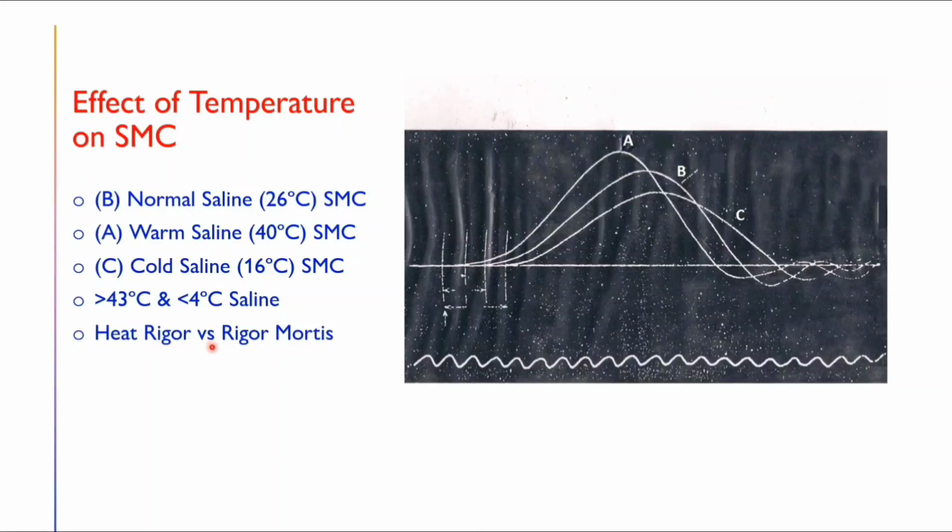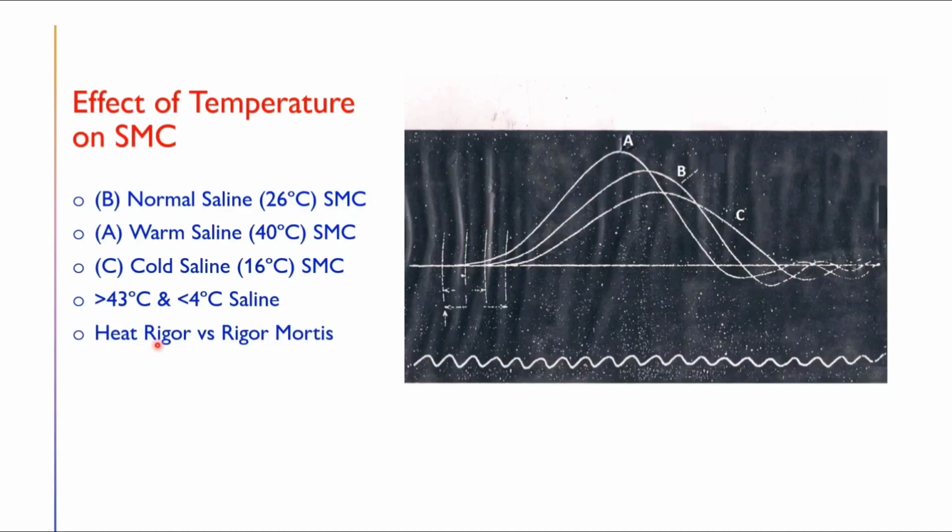In both situations there is muscle spasm, but the underlying chemical process or physiology is different. What happens in rigor mortis? When the person dies, there is naturally depletion of ATP. As there is no ATP, the calcium cannot be pushed back into the sarcoplasmic reticulum, because the SERCA pump, if you remember from the previous slide, requires ATP. So relaxation of muscle also requires energy. Now there is no energy, that is no ATP, so the muscle cannot relax and remains in spasm.